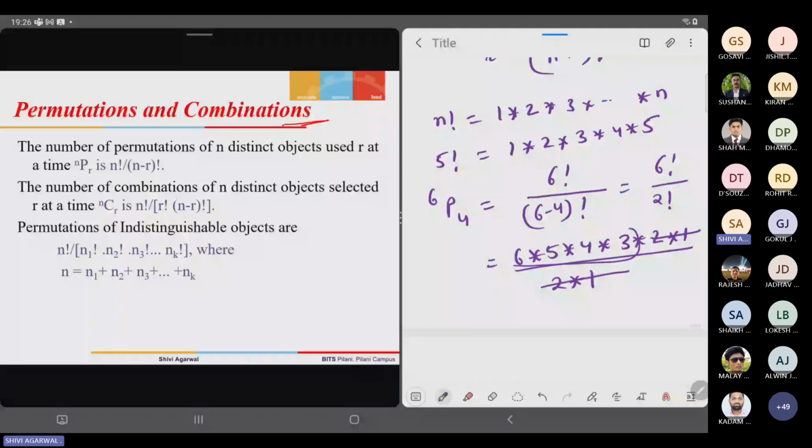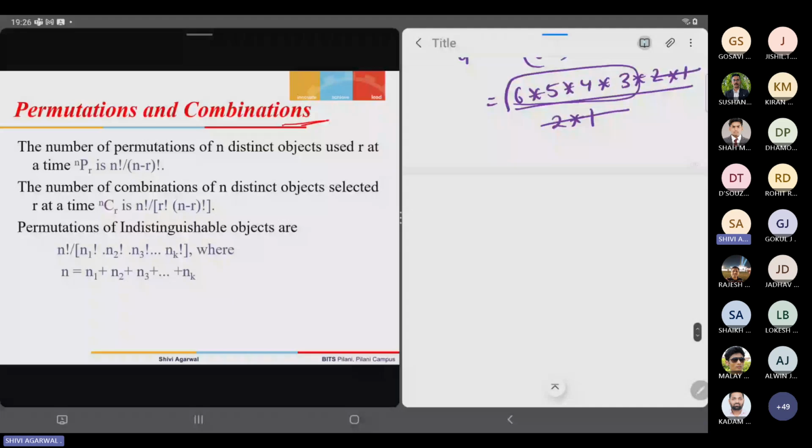Got it? The second is the combination. Combination is denoted by nCr, and somewhere it is denoted by a bracket with n and r. That is also a symbol for combination. And combination means we are selecting objects without order. Randomly we are picking some objects here. For example,